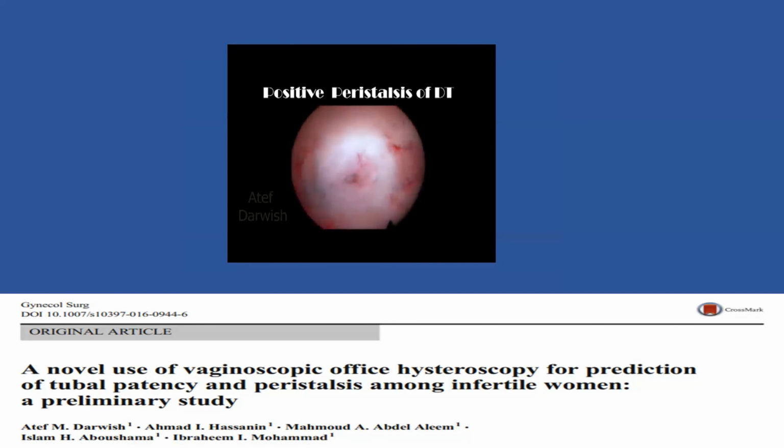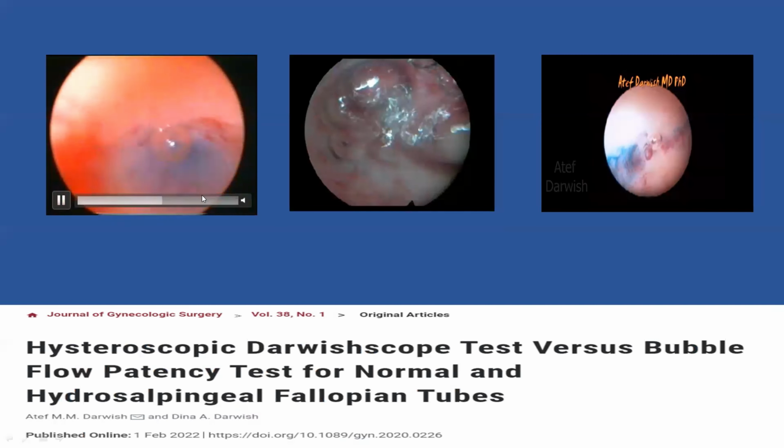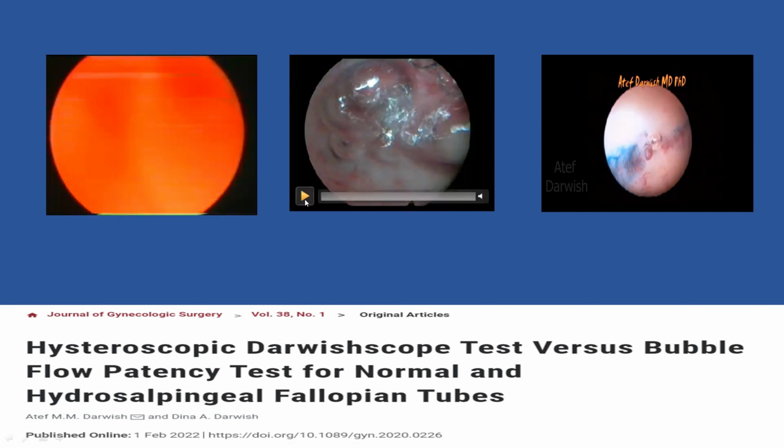And thanks to hysteroscopic detection, look to contraction now, and then extrusion of the fallopian tube coming out from this fallopian tube to the endometrial cavity, and to highlight the importance of hysteroscopy for detection of the functional status of the fallopian tube. Also, you can see entrance of air bubbles into the fallopian tube, which is positive bubble flow test in this